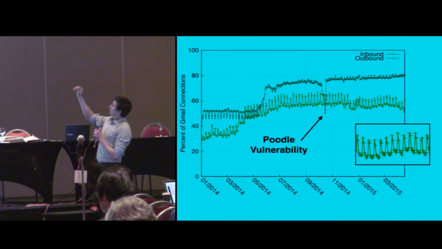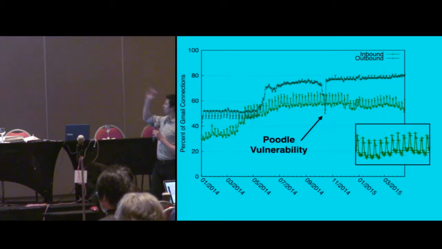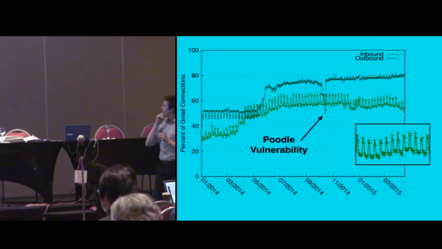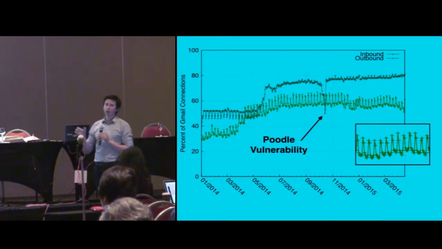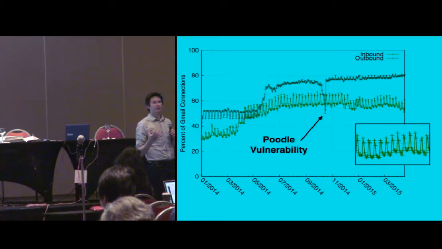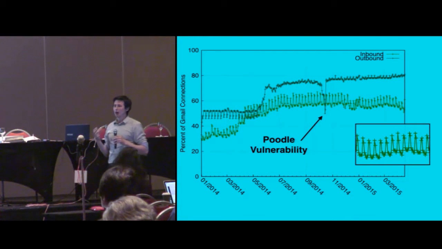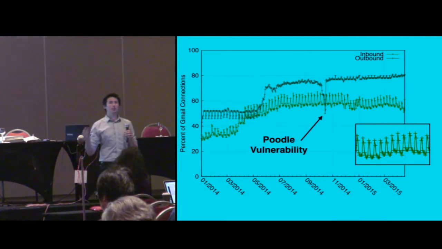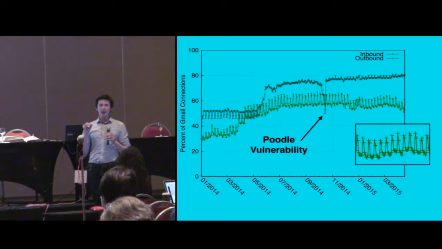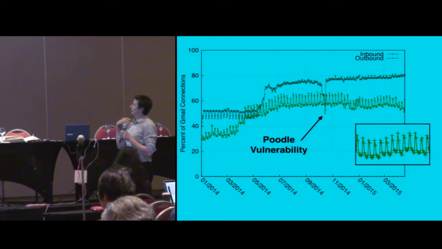And we also see this almost 20% drop right around the POODLE vulnerability, which is a little bit mysterious. This happened when the POODLE vulnerability, a vulnerability in TLS that affected SSLv3, was disclosed. And we told essentially everyone, go out and disable SSLv3. Like, no, people don't really use this anymore. It's a deprecated protocol. If you disable this, it's not going to really affect many clients. But what seems to have happened is people disabled TLS altogether. They had good intentions, but they ended up inadvertently turning this off at the same time, and then came back a few days later, realized something had gone awry, and turned it back on.